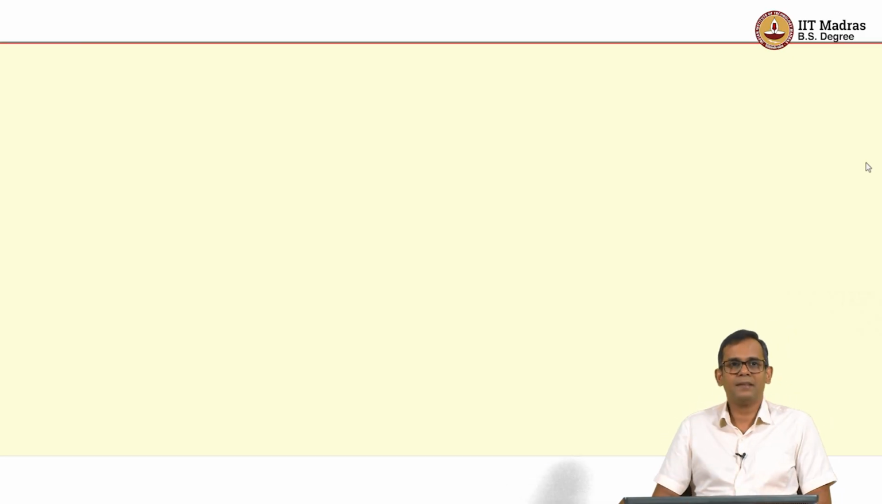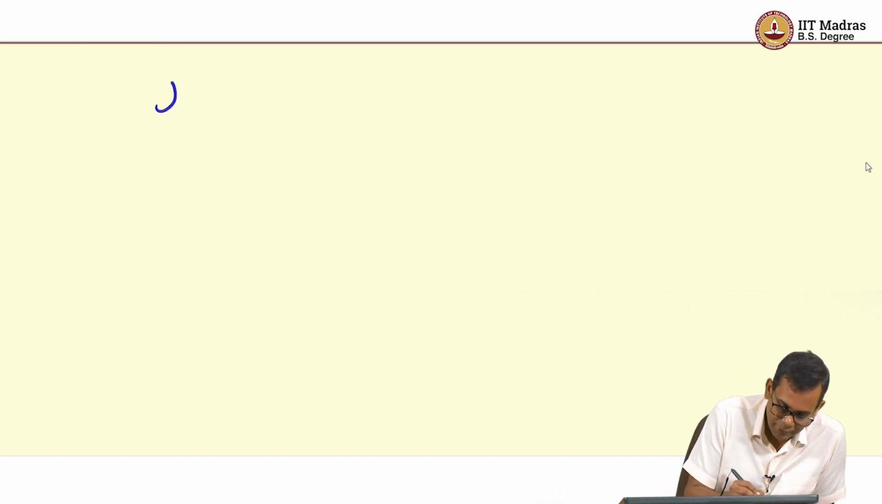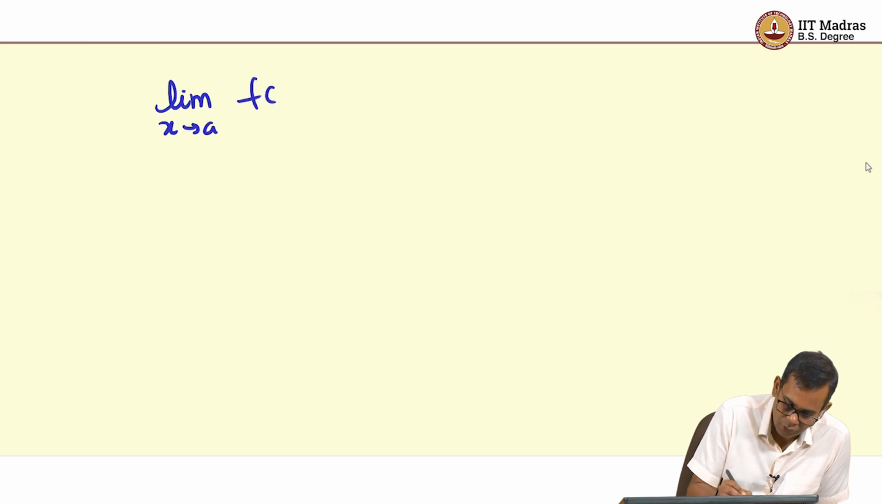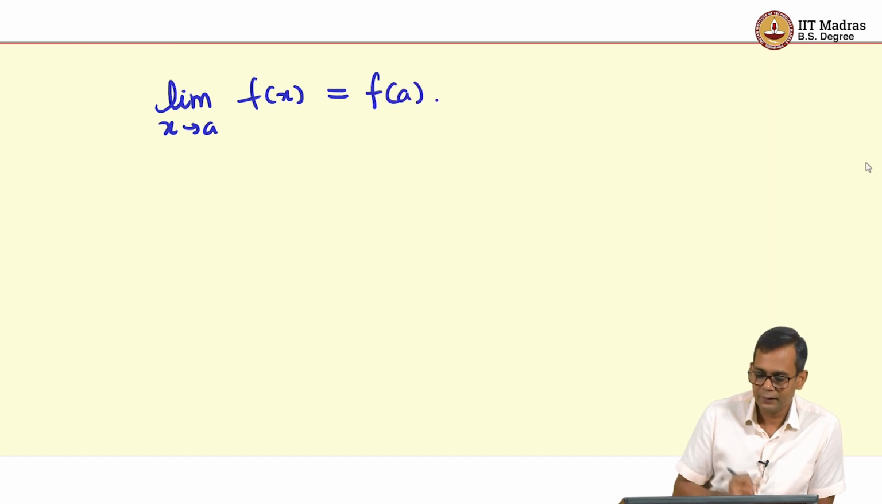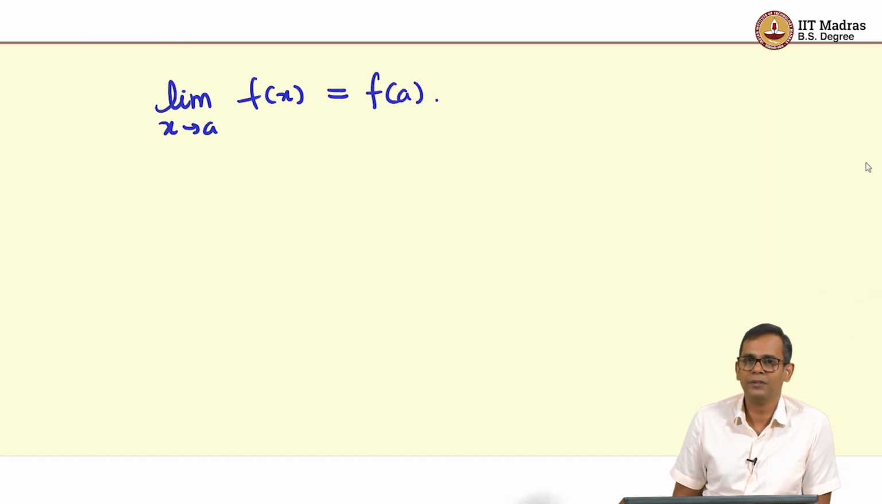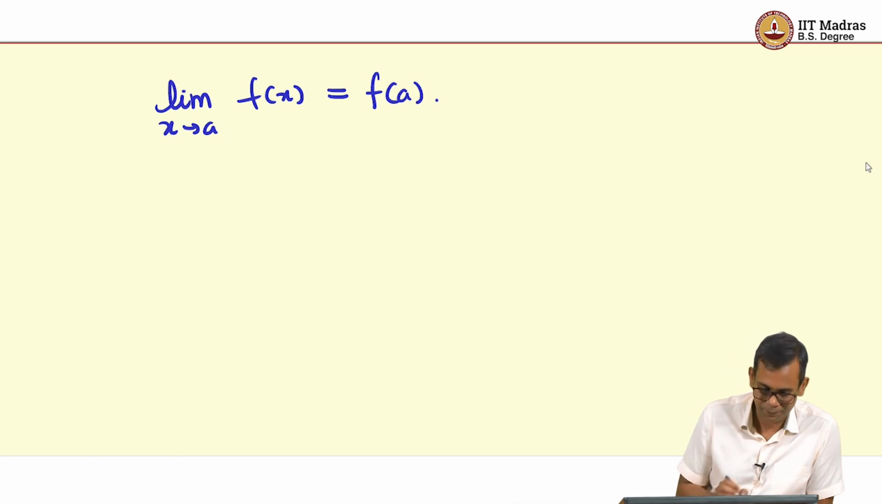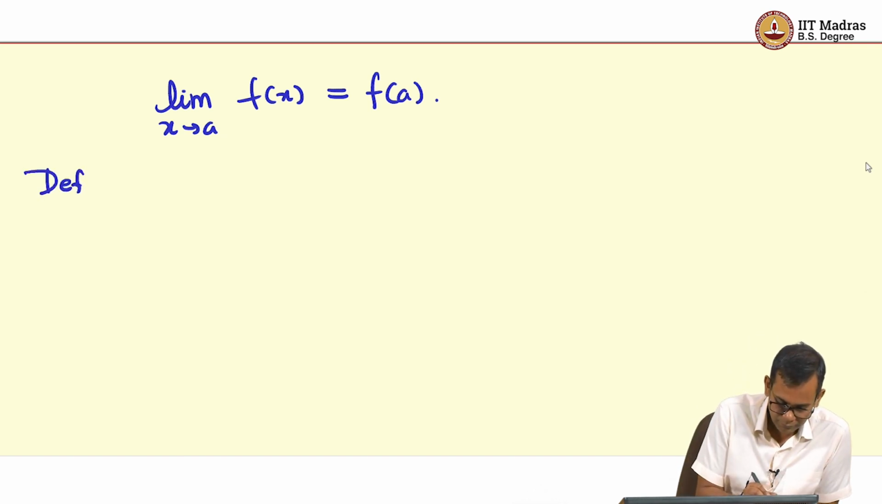So, we have seen in both these examples that the limit as x goes to a of f of x is actually the value of the function at a. This is precisely the notion of continuity of a function. So, definition,